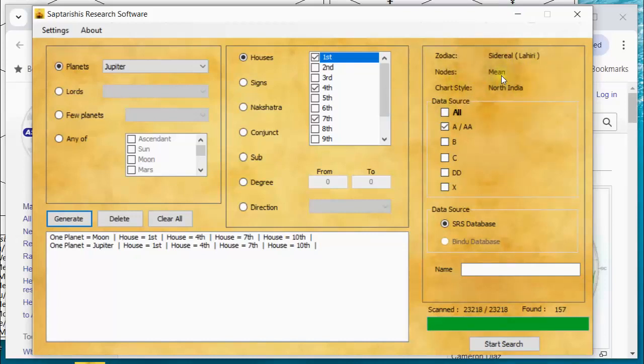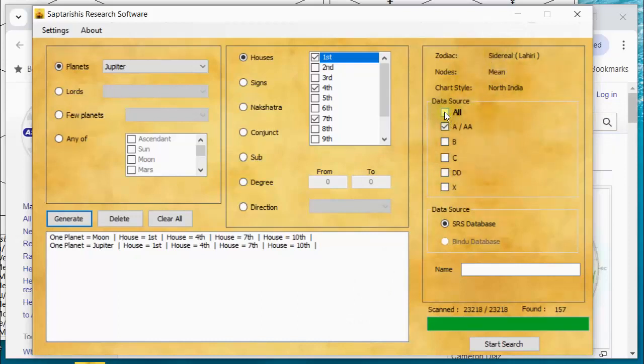I recommend mean nodes. Some of you like true nodes, okay? It's not really as good as you think it is, but whatever you select, that's fine, and you'll never have to do it again. And if you want your charts displayed in North or South Indian, you do that, and then you'll never have to do that again. Okay, but you do need to check each time you boot up the software again. You won't have to recheck those settings. They're now embedded, but you will have to check.